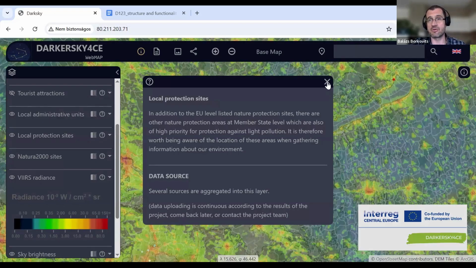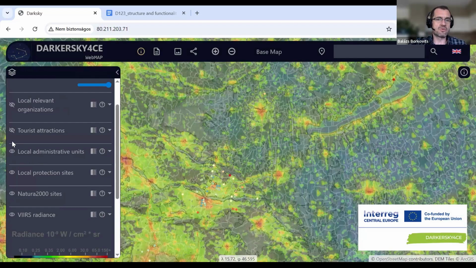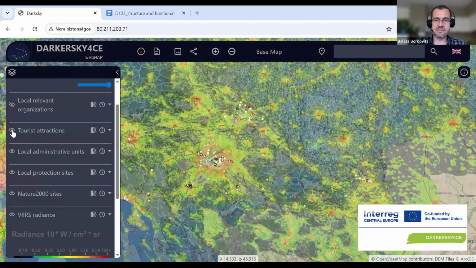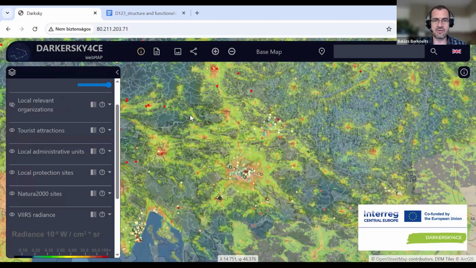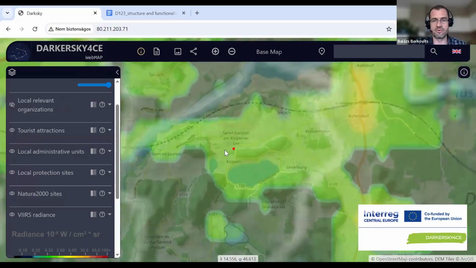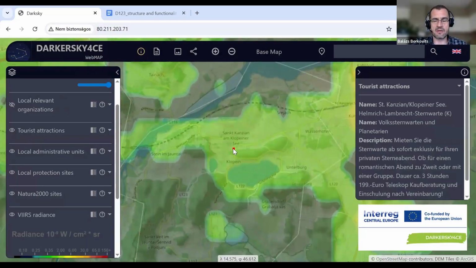Actually, these are the nature protection sites which are not listed under the Natura 2000 list. And we also have the tourist attractions because they are also emitters and they can also be endangered, maybe if it's about astrotourism or an ecotourism site. So if we check this one,